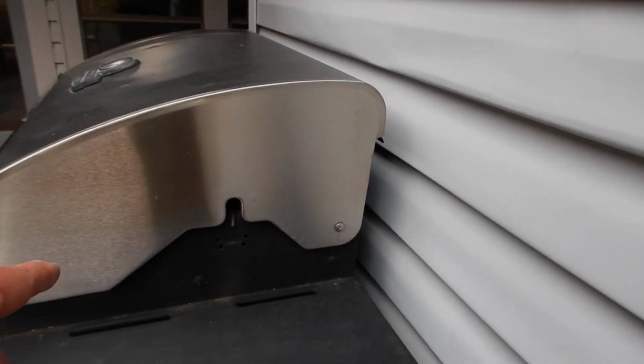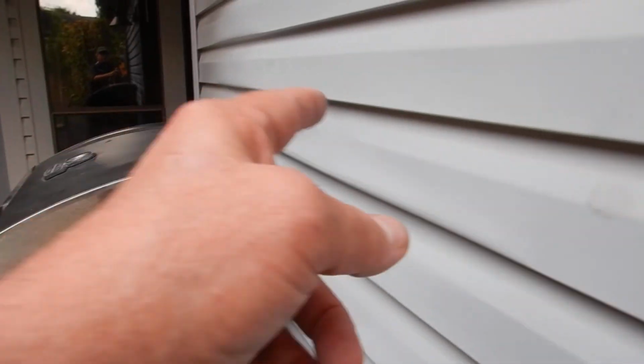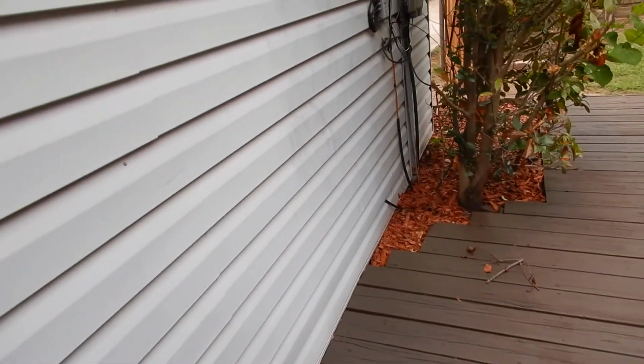It's probably from the grill. You probably don't want your grill that close to the vinyl siding, just saying. Look at that. And then it's not expanding and contracting like it should. They tried. They got it in there real tight. They wanted to do that. That one moves just a little bit,